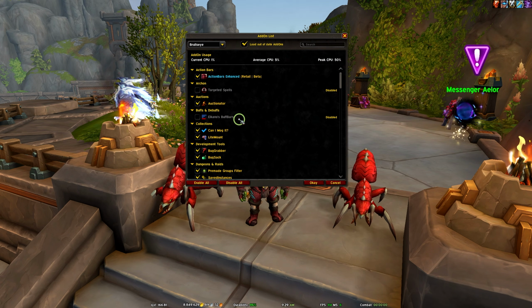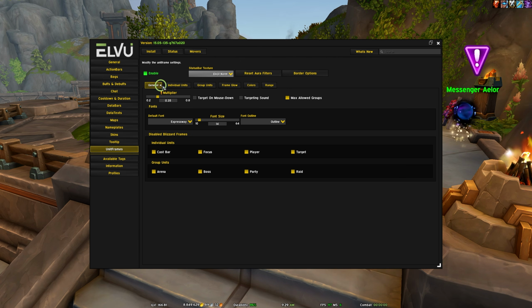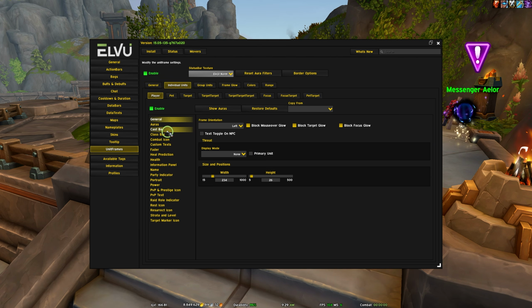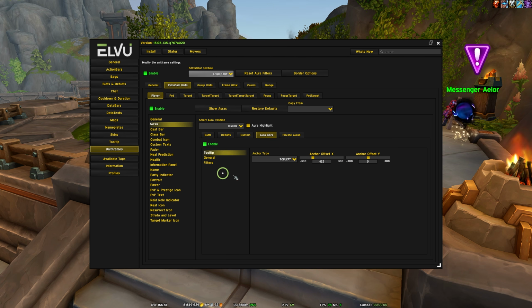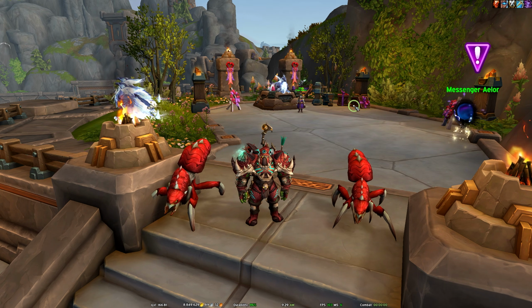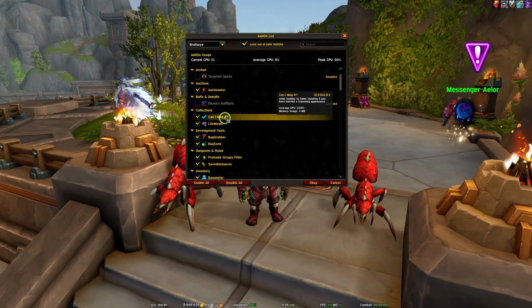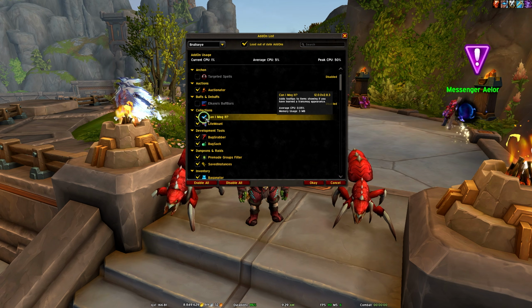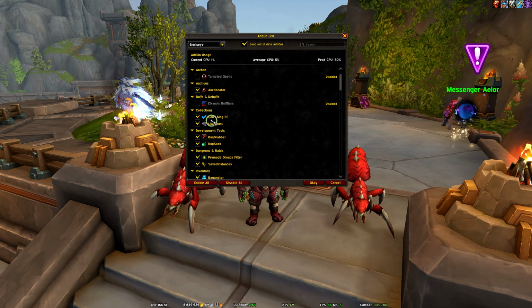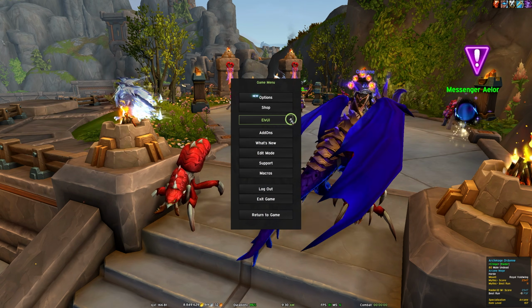I have a workaround going with LVUI, because in LVUI you can have aura bars. So I'm currently using aura bars. It's not quite the same. It doesn't catch as many of the debuffs due to filtering and whatnot. But beyond that, things like Can I Mog It, I just used to put a little check mark or a little X on items in my bags to let me know if I have something already learned in transmog. And I'll talk about all of these add-ons here in a moment.